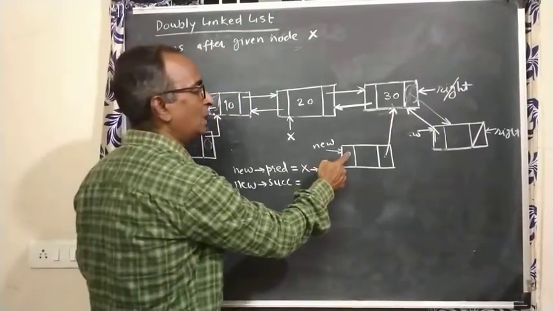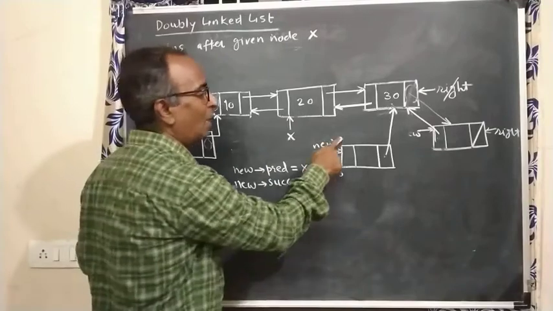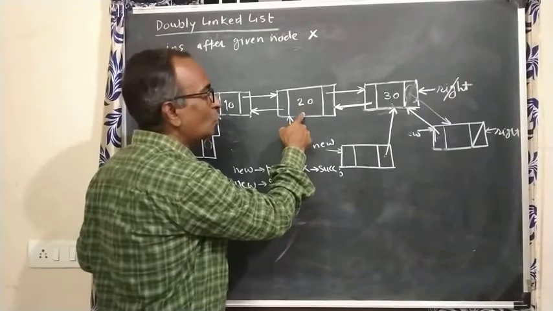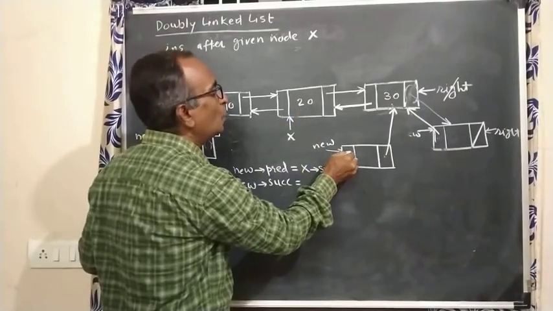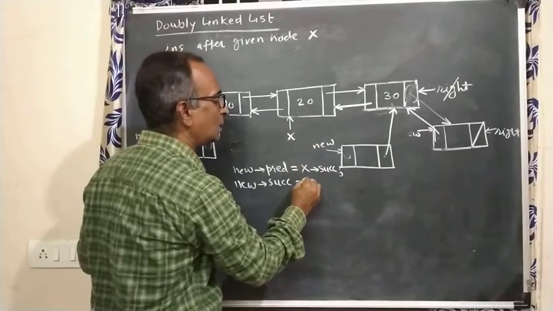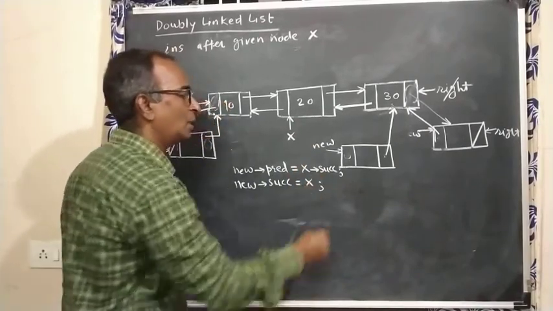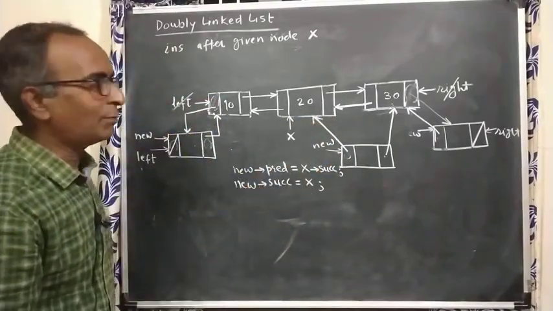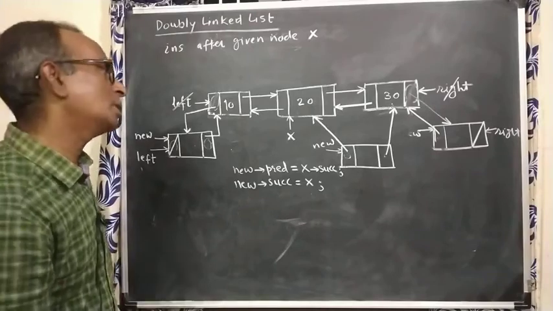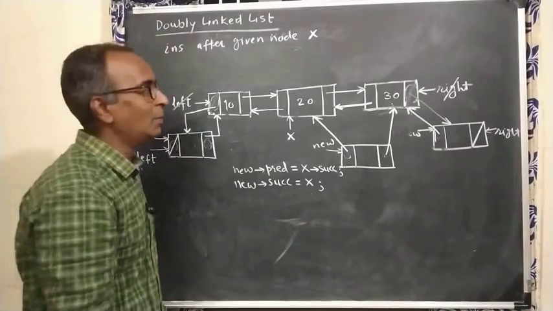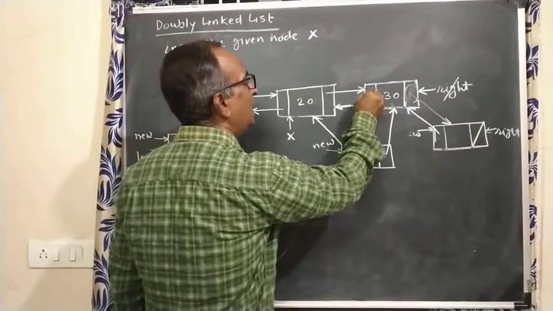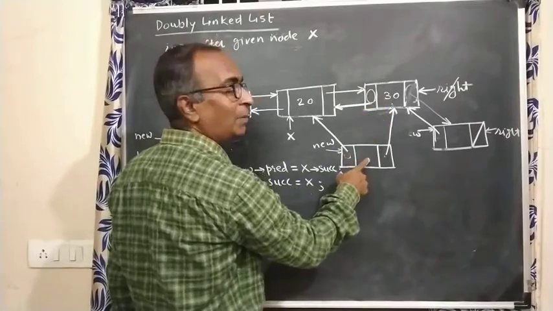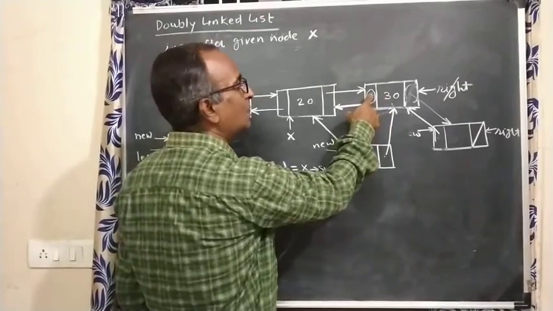Now this field we will set, it should point to its predecessor. Now after insertion, this node's predecessor will be this node, the given node. So this field should point to this node, whose address is in X. So X is given. That's it. 2 pointers we have adjusted now. This will be the pictorial scenario after adjusting 2 pointers. Now which fields do we have to set now? Suppose I want to set this field, because the new predecessor for this node will be this node, right? How to access this field?